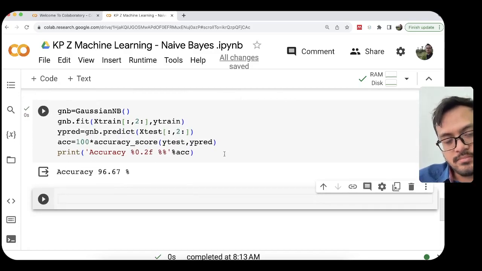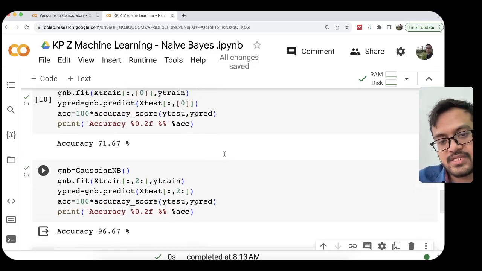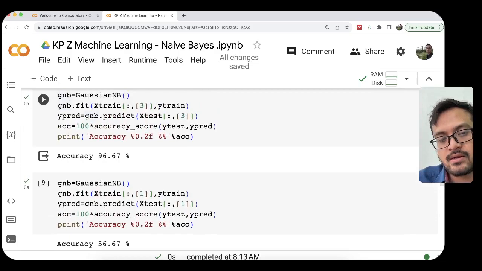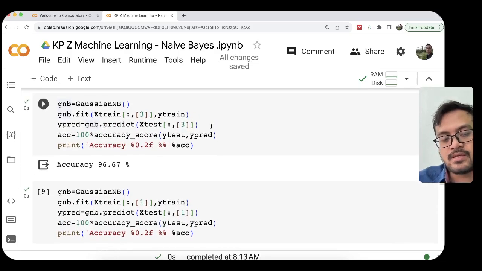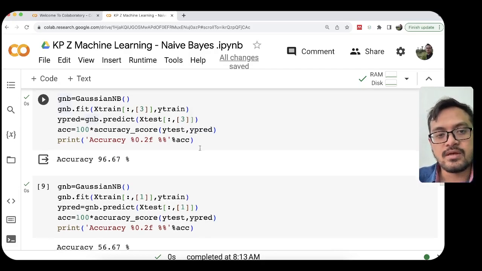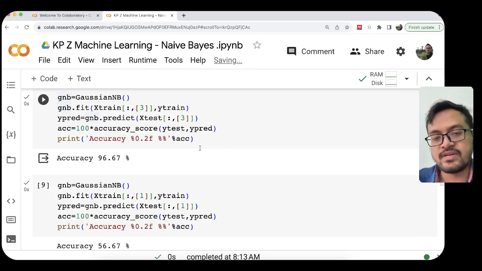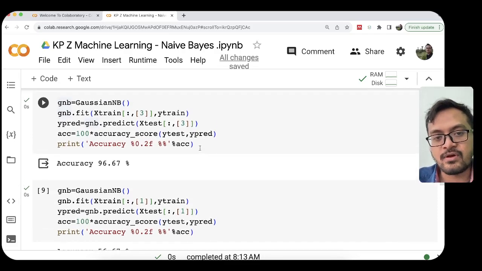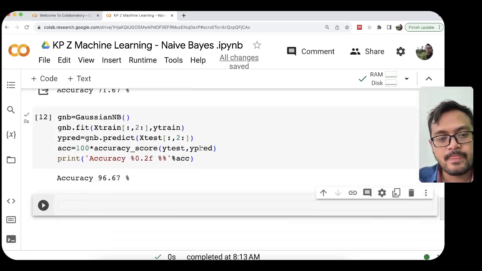We also get the same accuracy, but it is better to use only one feature, petal length only or petal width only, because it reduces the computational cost. If we only use one feature for classifying, it will be faster than using more than one.